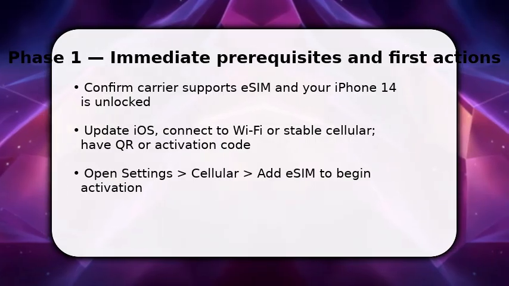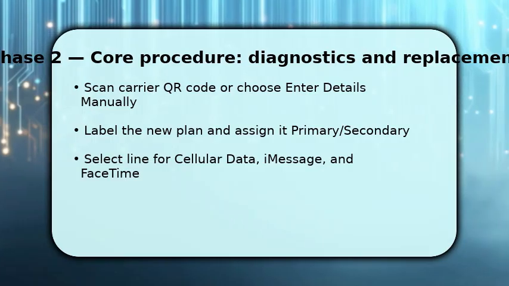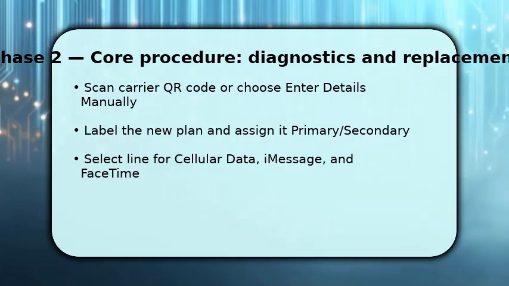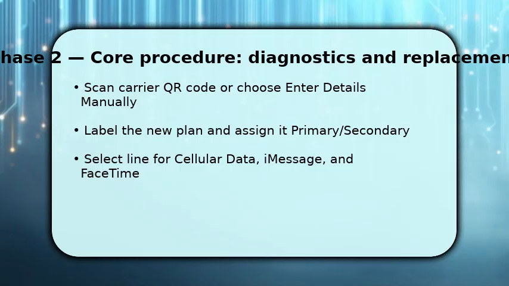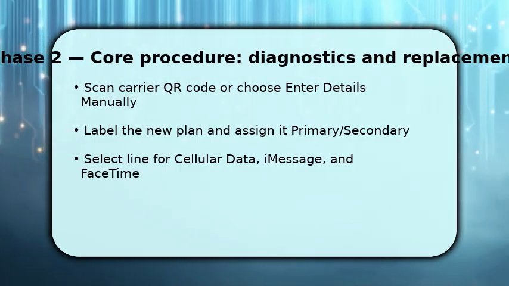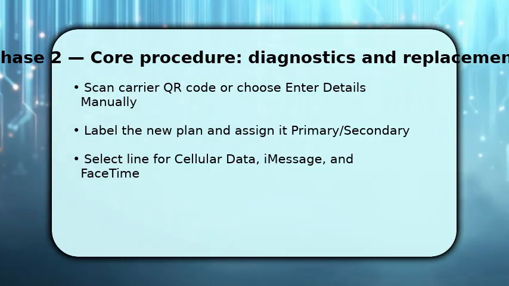Once the Add eSIM screen appears, scan the carrier QR code with your iPhone camera. If you don't have one, tap Enter Details manually and type the SMDS address, activation code, or IMEI info as provided. After the profile installs, label the new plan so you can tell lines apart and choose whether it will